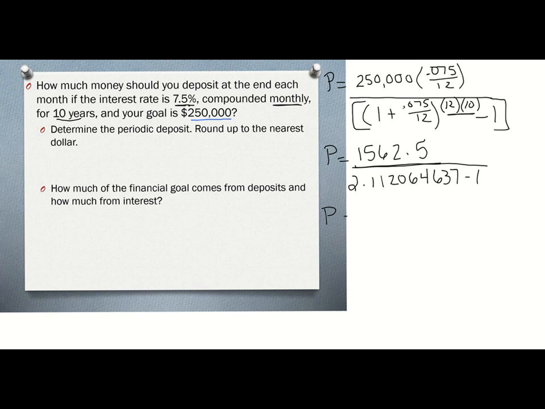So we're going to do our final division problem, which will be 1,562 and 5/10 divided by 1.11264637. And when we do our division, we end up with